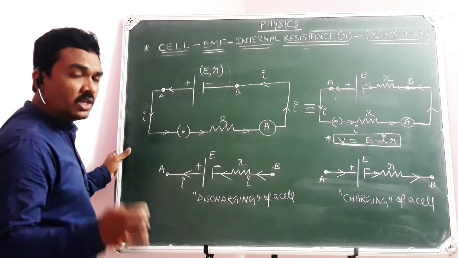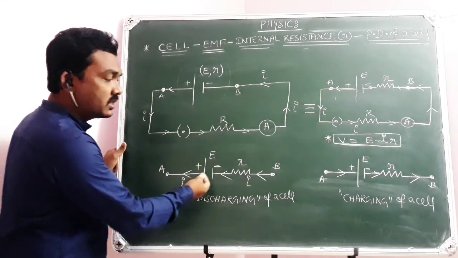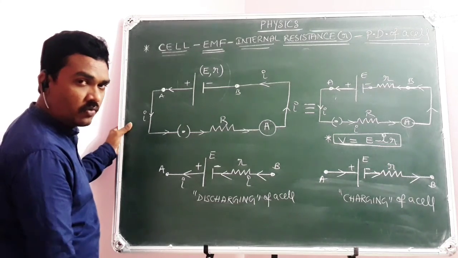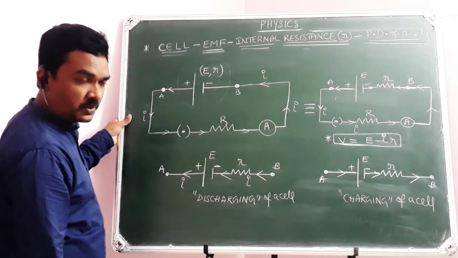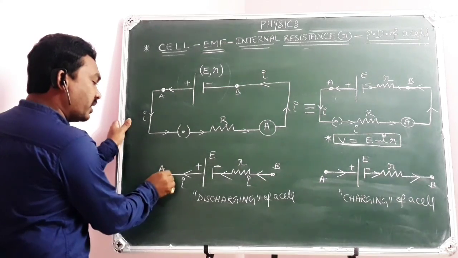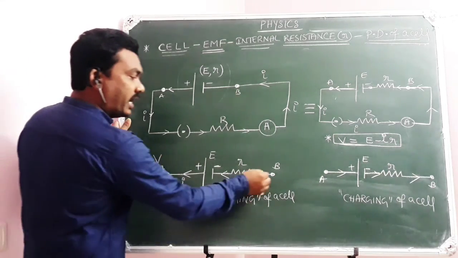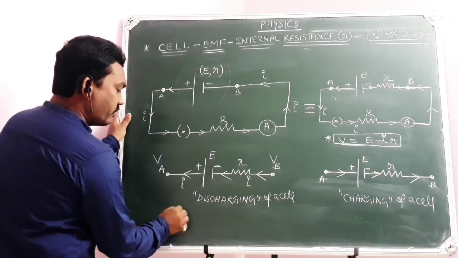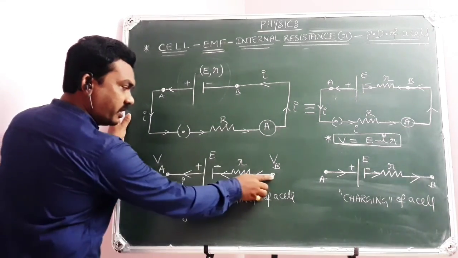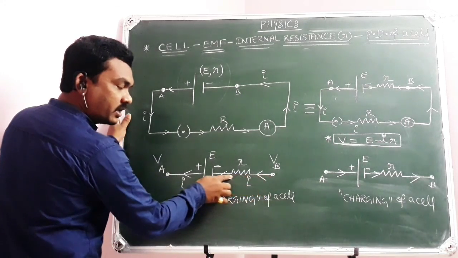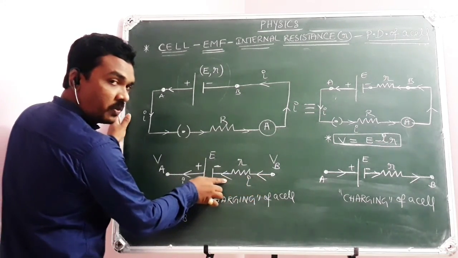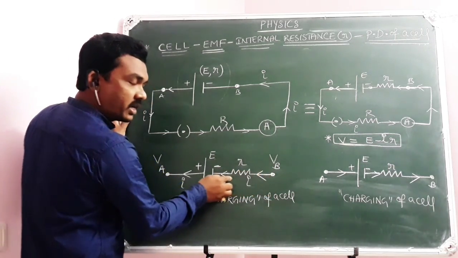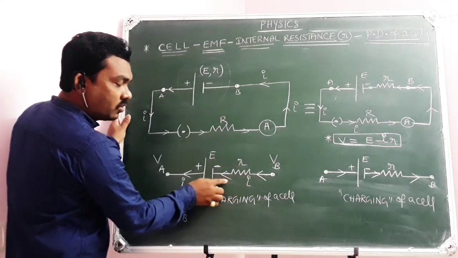In that case, I think you remember, even in capacitors we discussed this open path, how to write the potential difference at A and B. I don't know how far you remember, especially while applying KVL. Suppose the potential at point A is VA and at point B is VB. You start here, VB. Now you are moving in the direction of current. Current flows from high potential to low potential.